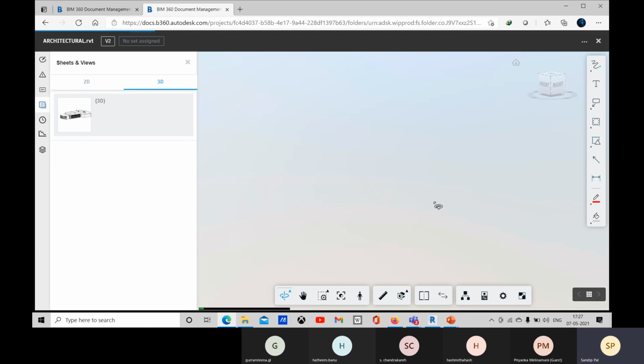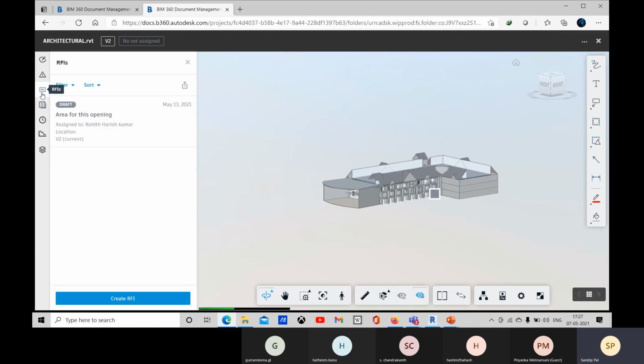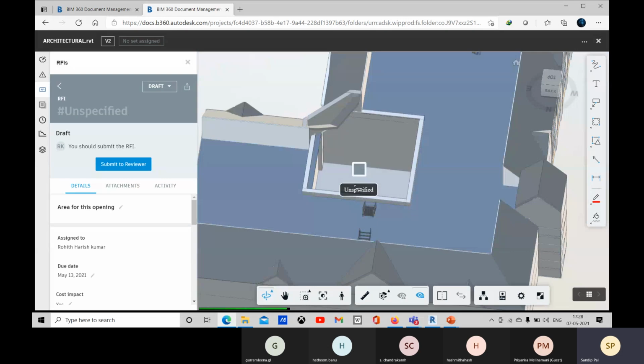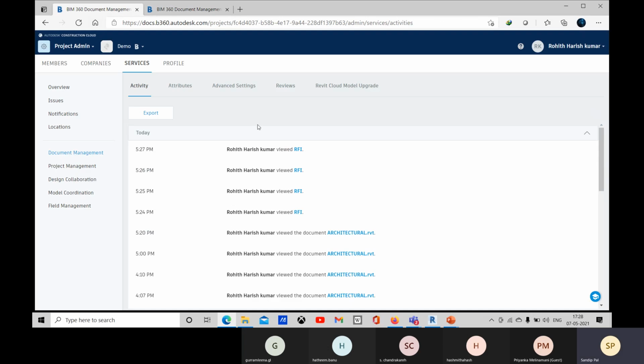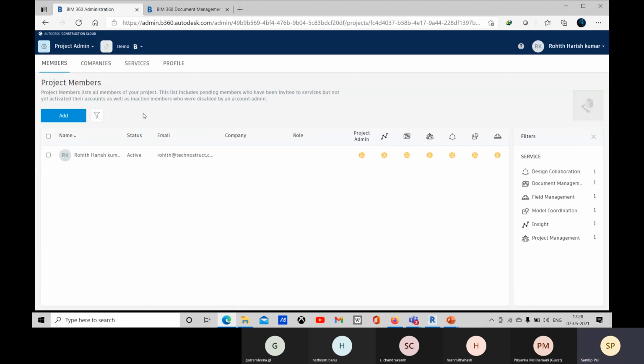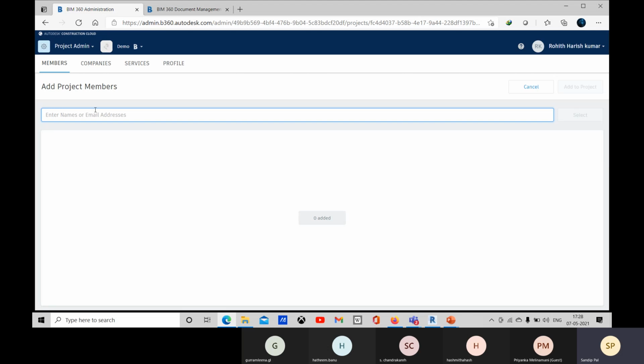And in this model also you can see that this RFI section is available here. You can check it. When you check it, you can see this is right now there, and this is not properly submitted to the reviewer yet. Okay, so let me come back to the member section. Let me add some other members.